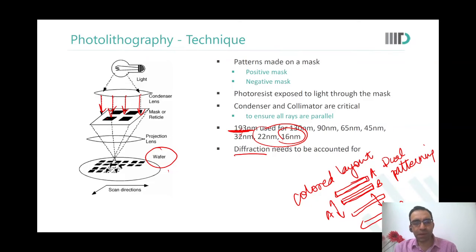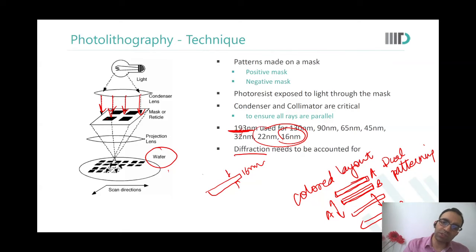Dummy poly is, for example, I just wanted to make an A. This is simply not possible to make an A which is, let us say, 16 nanometers wide. There is not sufficient energy in the light, because the wavelength of light is 193 nanometer. In a slit of 16 nanometer, nothing will come through.